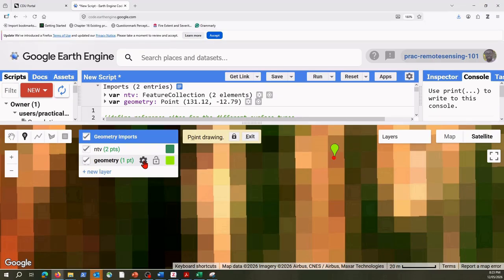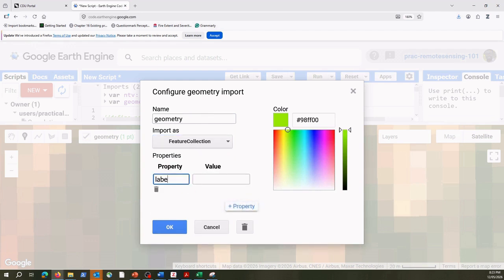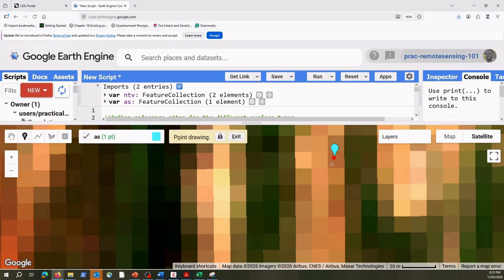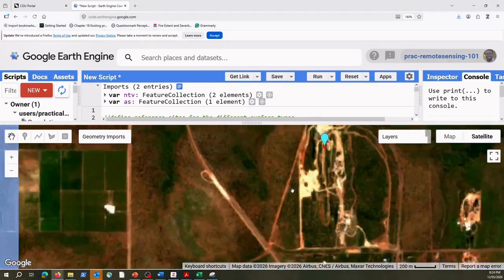So I'm going on new level. So I click on the, and then I change this to that, and then I keep the name label, and then this is a new label. So I'll just make this one 1, and then here is artificial surface, which is AS. And then if you want to change the color, you can change that. Then I put that here, and then I take my hand button and move on to the next